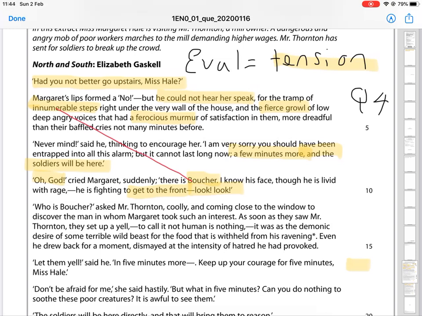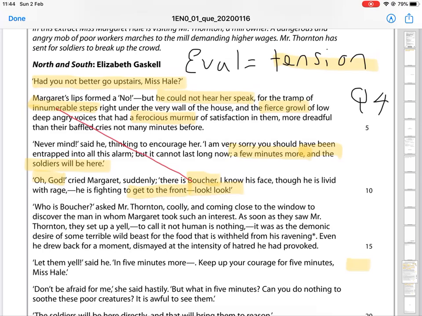Who is Boucher? Asked Mr. Thornton coolly, and coming close to the window to discover the man in whom Margaret took such an interest. And as soon as they saw Mr. Thornton, they set up a yell. To call it not human is nothing. It was as the demonic desire of some terrible wild beast for the food that is withheld from his ravening